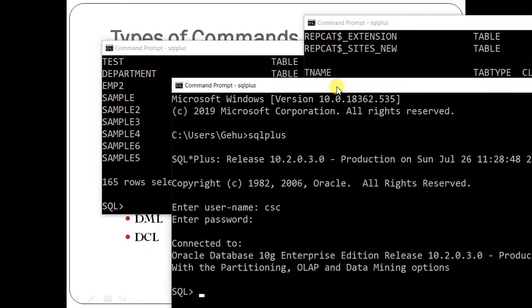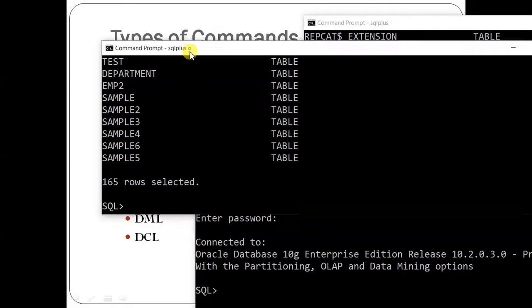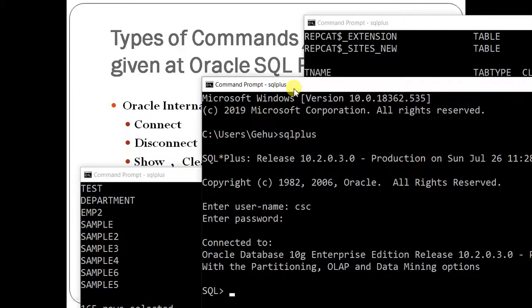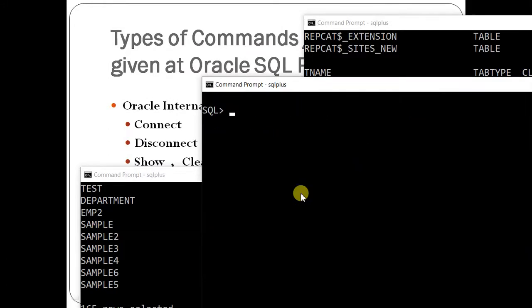This is the third user that I am showing to you. Clear screen. Select, you can see show user. CSC. Select star from tab.